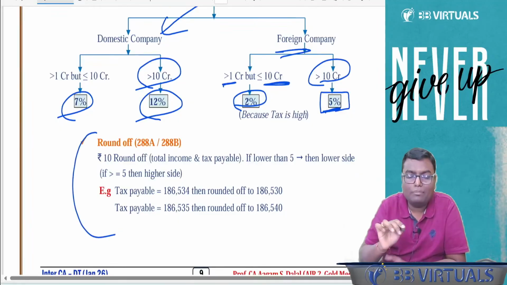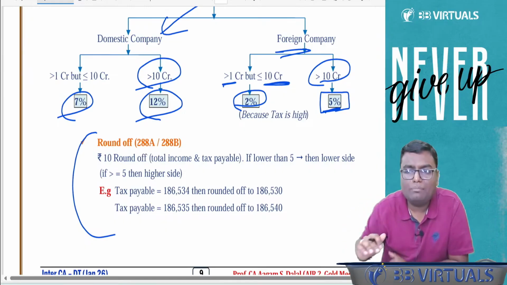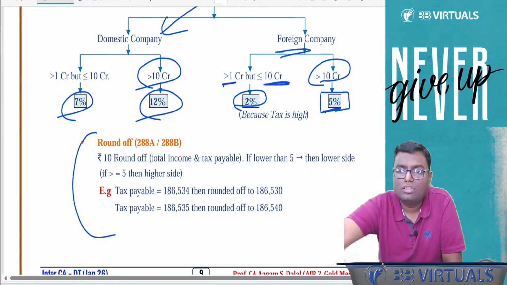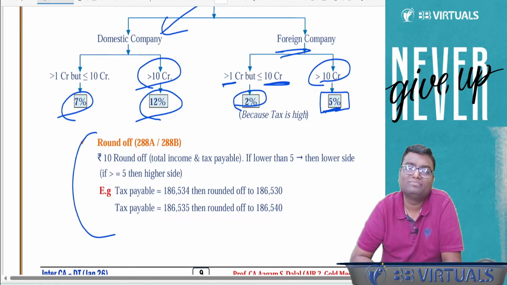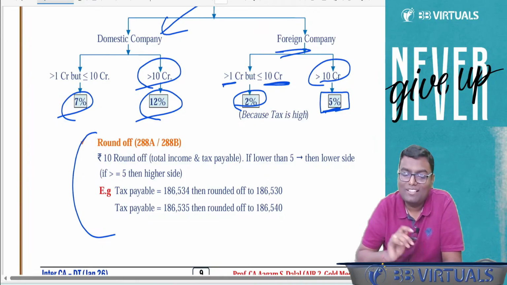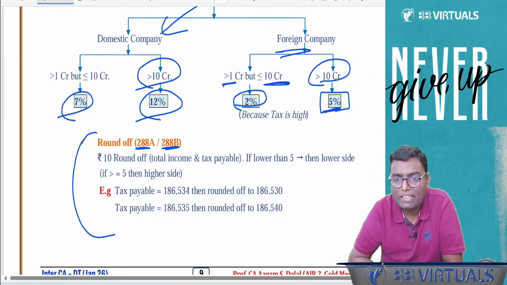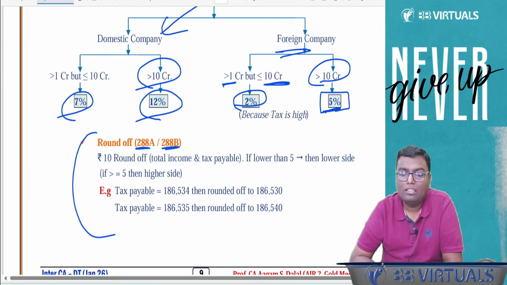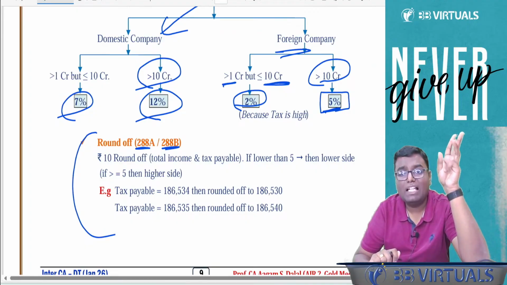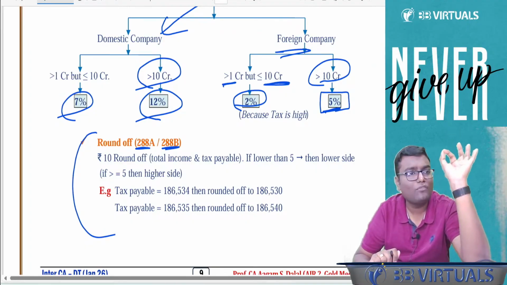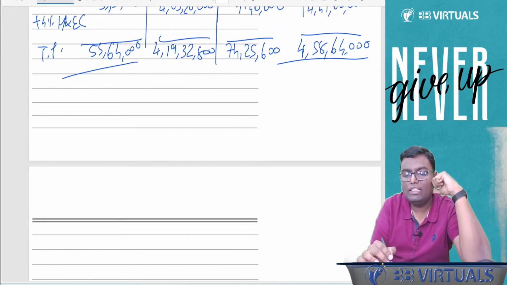Now there is a small concept which is like a hidden adjustment which you will forget in your exam. And that concept is called rounding off. Now this you will forget in your exam. There are two sections, 288A and 288B. What it says is that your total income and your tax payable have to be rounded off to the nearest multiple of 10 rupees. If, let's say, my total income is 5 lakh